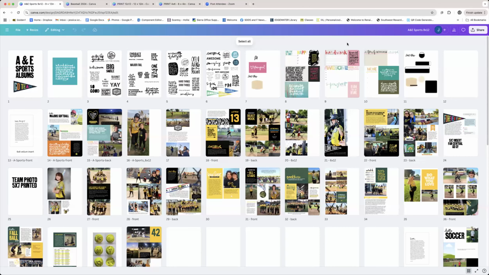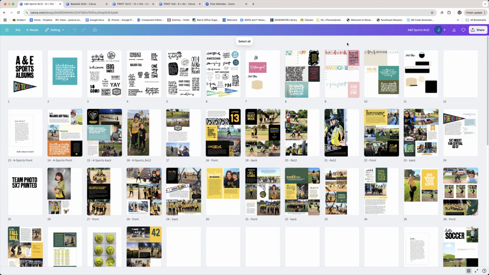All right, so after I've gathered all my photos and all my words, then I need to decide what album size I want to actually go with. And like I said, super inspired by Allie and all of her volleyball documenting. And I also really loved the 9x12 album that she used. I will be doing pocket pages. So these are going to be individually printed as 4x6s or 3x4s or whatever configuration of pockets that are going to go into this album. That's how they're going to be printed. It's not going to be printed as one 9x12 sheet.